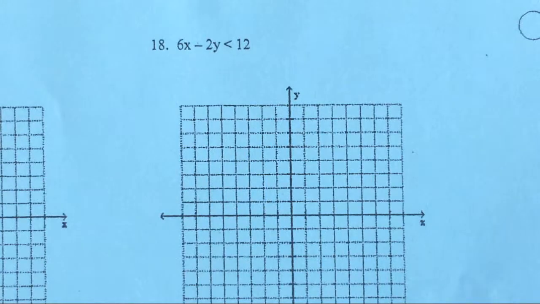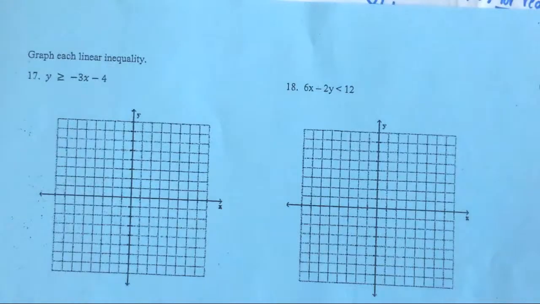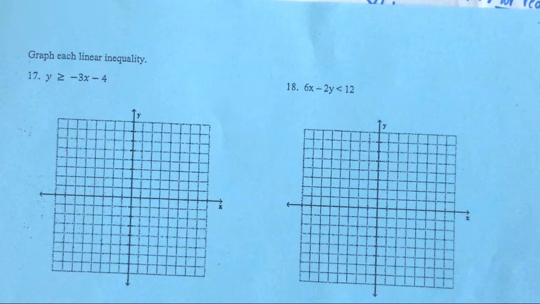Okay, so on 17, all you had to do was graph. It's already ready to graph. Why on 18 do you have to show work? Because it's in standard form. Do we graph straight from standard form? No. Now, maybe your teacher taught you there are tricks so you can. It is possible. Maybe you know some tricks, or we've discussed in the past how you can tell the x-intercept and the y-intercept, and maybe you did that and connected the dots, and if so, good for you. But more than likely,